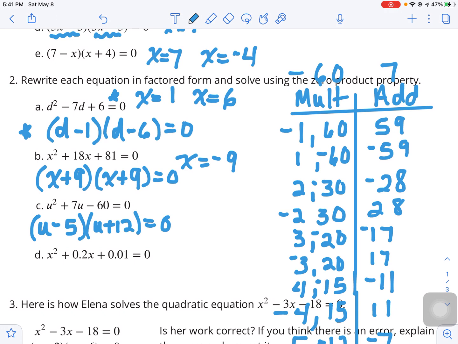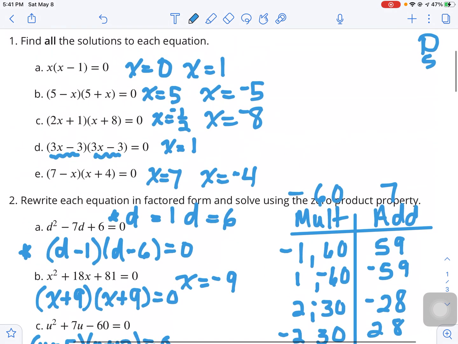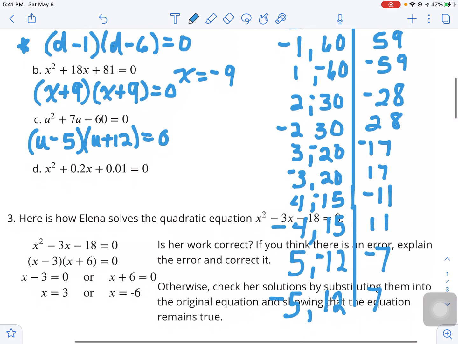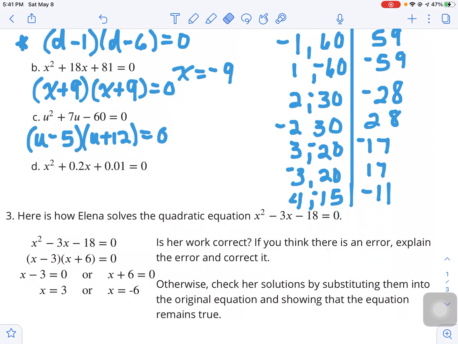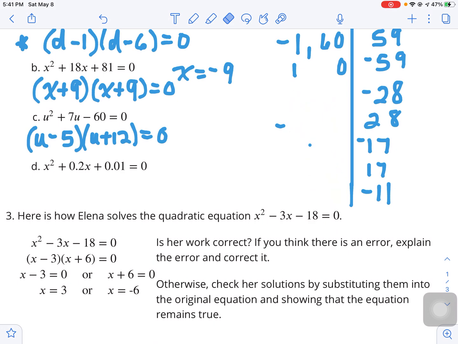So these would have been d's. Sorry about that. Okay. So solving these, let's get rid of some of this so I can have room to